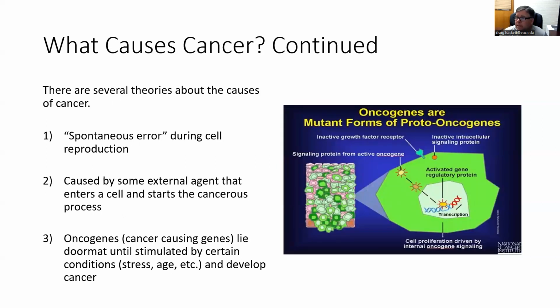Why does it happen? Well, spontaneous error is one, and that happens quite a bit, but they don't necessarily become a tumor. Some external agent causes the mutation of the cell. X-ray has something to do with that. Other chemical agents are out there. There's cancer-causing genes that lie dormant in our body called oncogenes. And so stress or certain factors maybe outside of our control cause that, like age. It can cause those releases, and we can develop cancer from that. So we basically get old. So that's what happens.